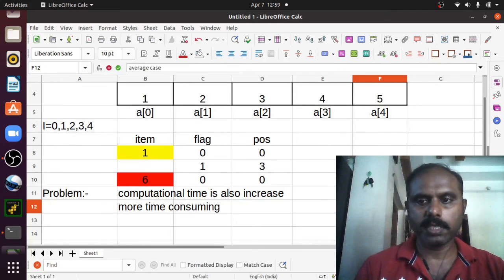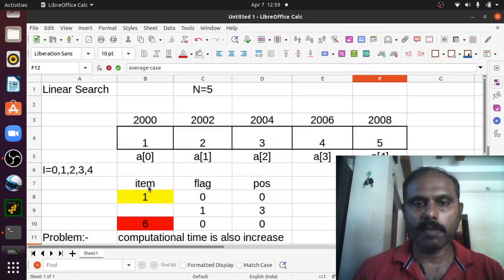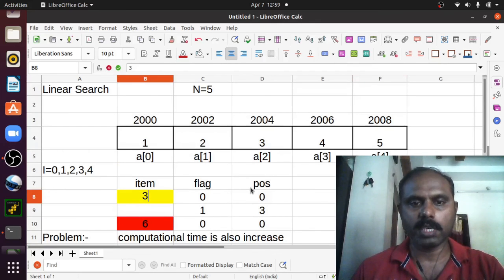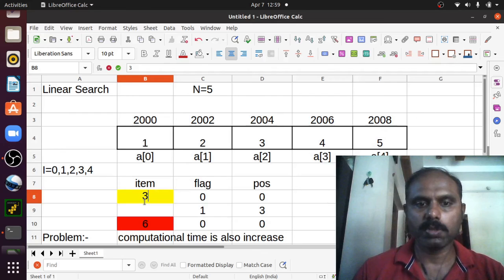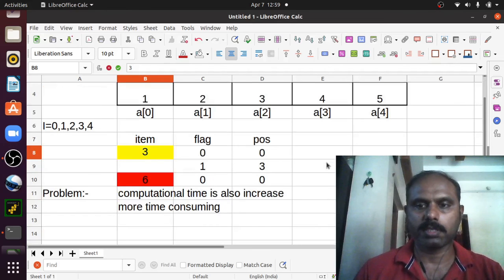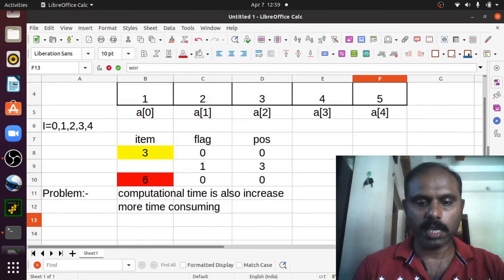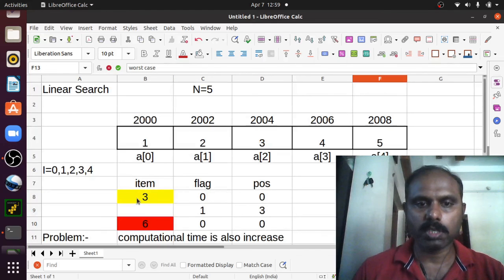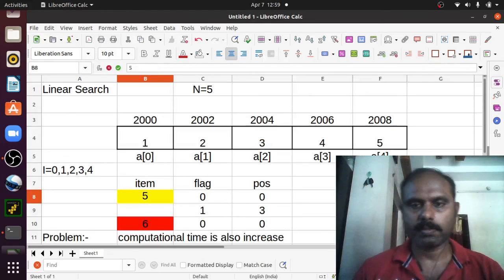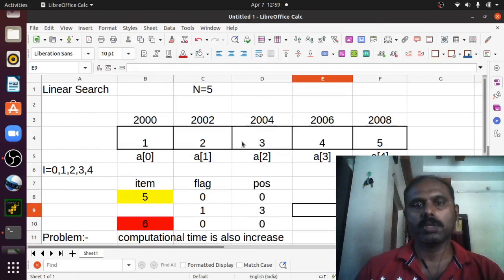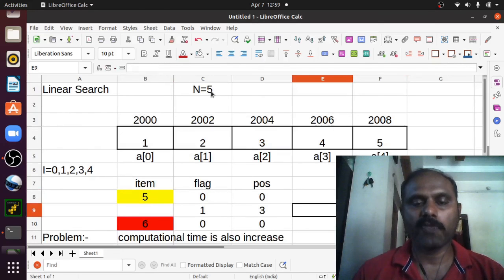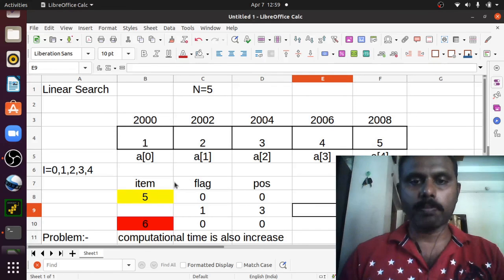The average case is when the element you want to search is 3. And what will be the worst case? The worst case is when the element you want to search is 5, so that many comparisons you have to do. If there are 500 elements, that many comparisons are required.